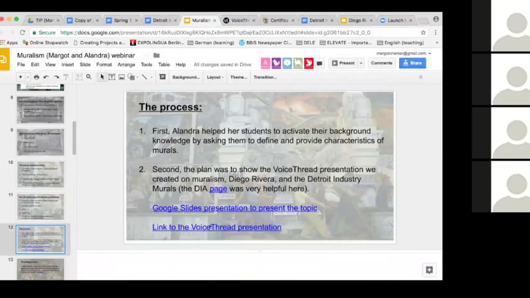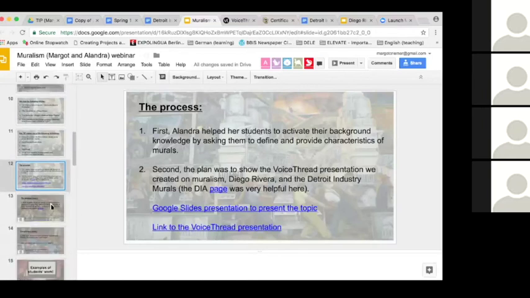And so we've included in the presentation the Google Slides that we showed to the students, which include pictures of the Richmond murals. And these two links here, the Google Slides and the Voicethread, are the same content. So if you don't have a Voicethread subscription, you're getting all the same information here in the Google Slides. But we wanted to show the students what Voicethread looks like. So we had this to show them on the first day.